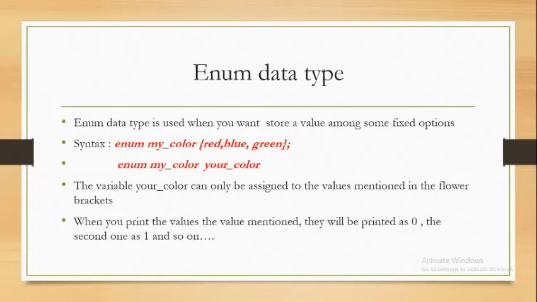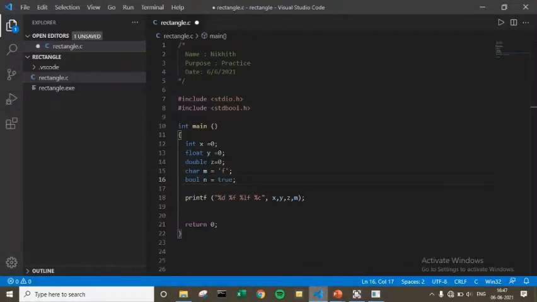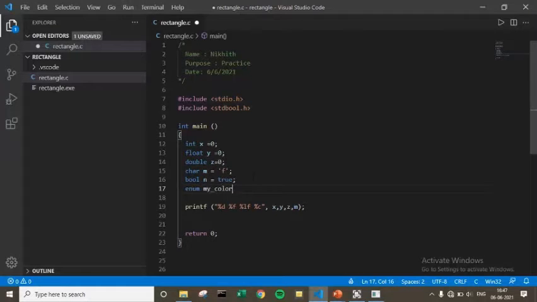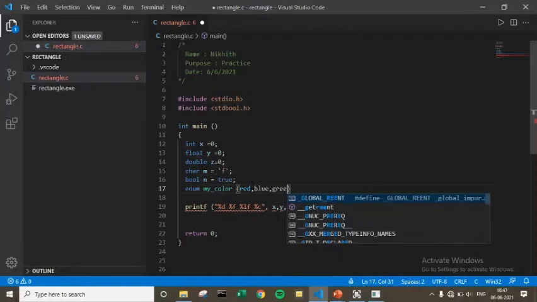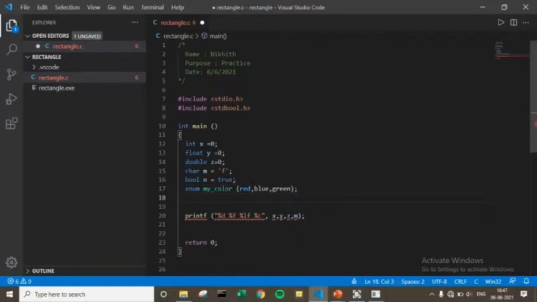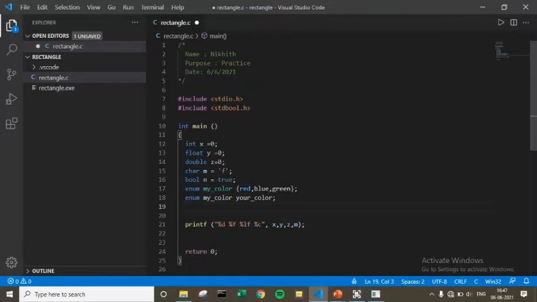So let's go into the IDE, Visual Studio Code, and try this. Let's declare enum mycolor with red, blue and green. Then enum mycolor your color.